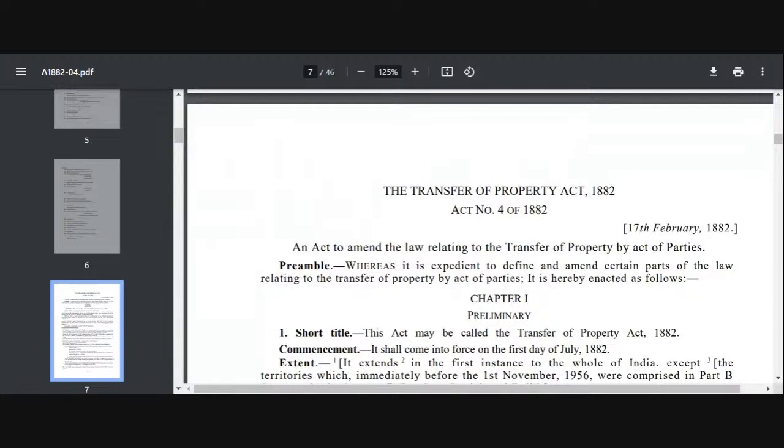Later on, the first commission was appointed by the British Queen Elizabeth II to remove the uncertainties on the matters relating to TP Act, and it was sent in India. And after certain amendments, it was introduced in the Legislative Council in 1877. You can see that the act came in 1882, but as you can see there is the date 17 February 1882 when it was enacted, which you can see on the uppermost right hand side of the act.